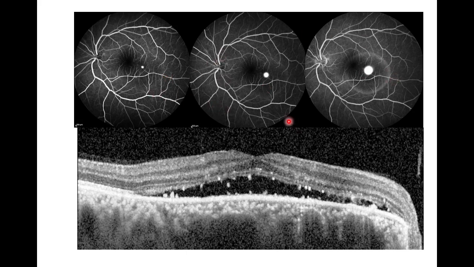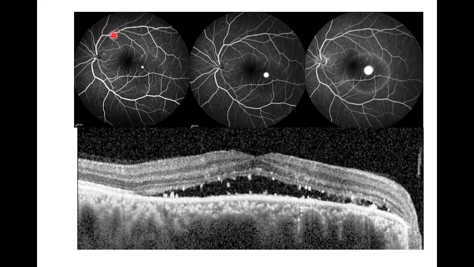You should not say this as the new vessels because even in new vessels you will get the leakage, but look for the other findings. Why should the new vessel occur in this particular retina? Rest of the retina is normal. We don't see any other pinpoint hyperfluorescence to suggest non-proliferative diabetic retinopathy.